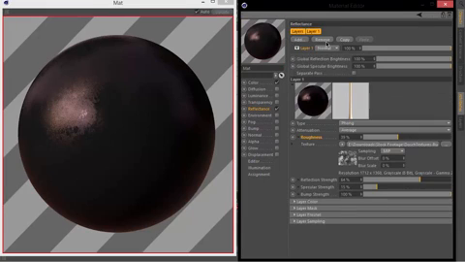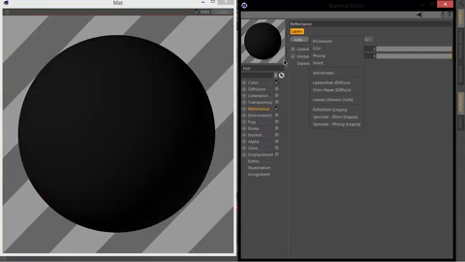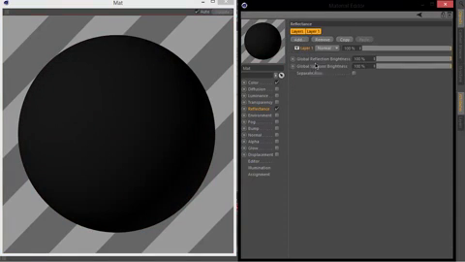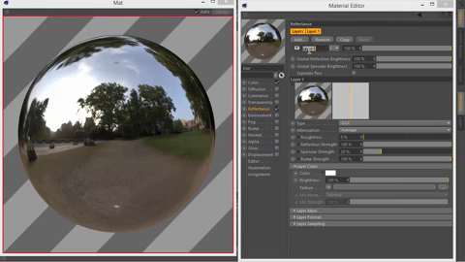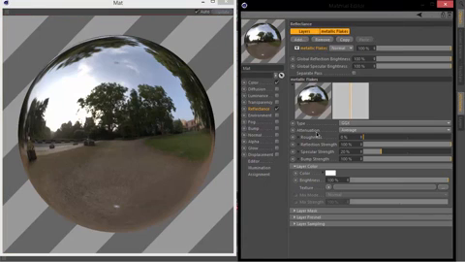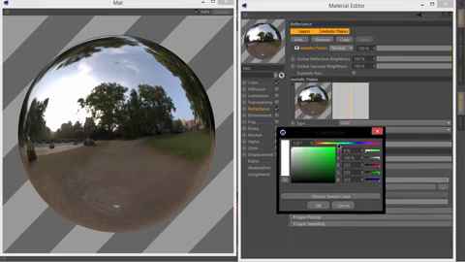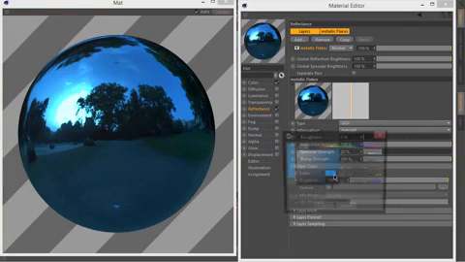Let me just delete this one again and create a new one. Let's take a GGX just to use it one time in this overview. And I want to create a flake layer, like for car paint or stuff like that. So I will create metallic flakes. And for this I need a rough material and maybe also color, so I will take maybe something like blue, something brighter,